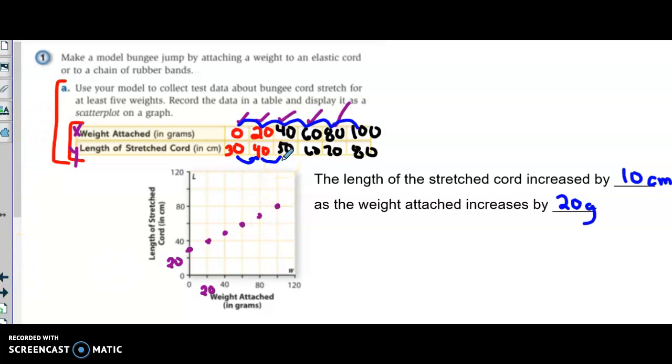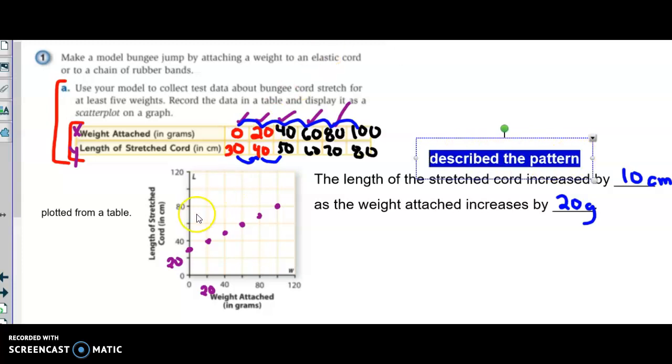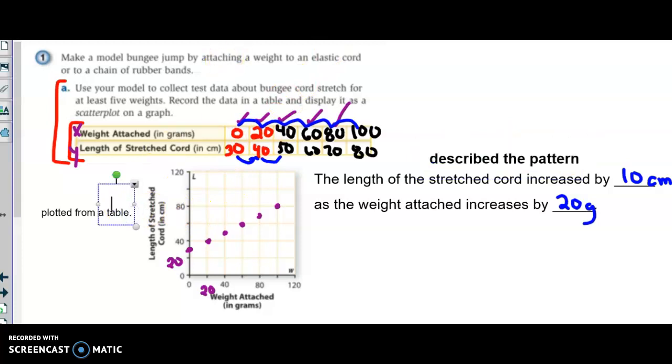So we've done two things so far. We've plotted from a table of values, and we've described the shape, the pattern, of the table of values. The next thing I want to do is check to see if a